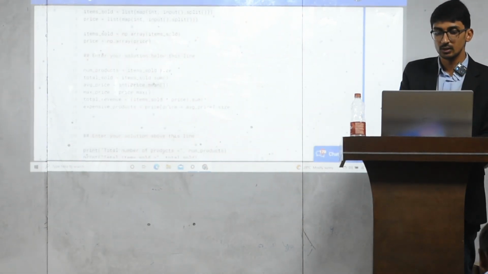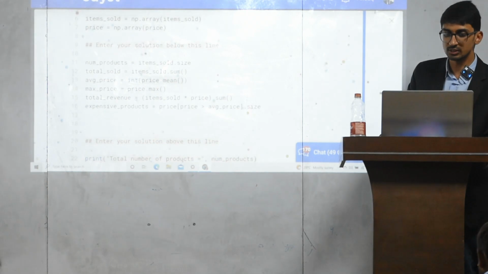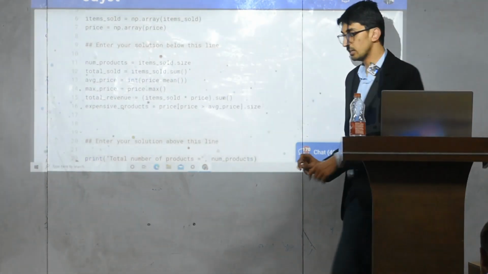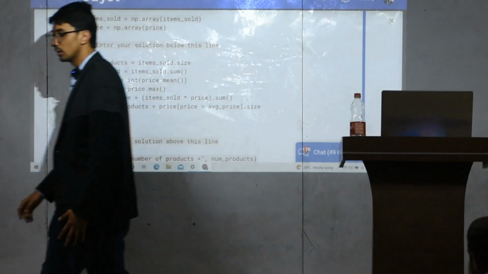Okay. So simple NumPy exercise. You just have to know the basic NumPy formulas, right? So just fill it, submit it,